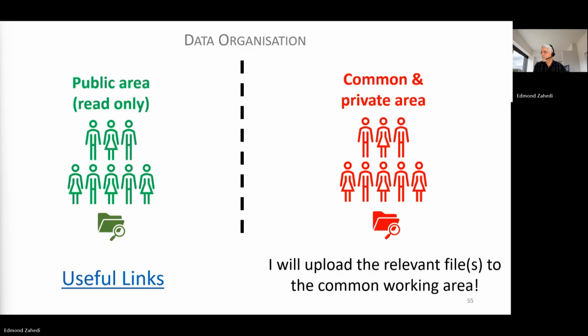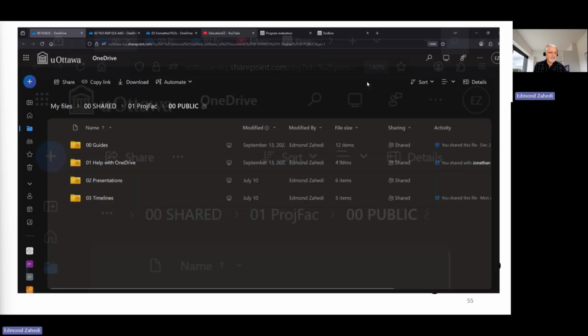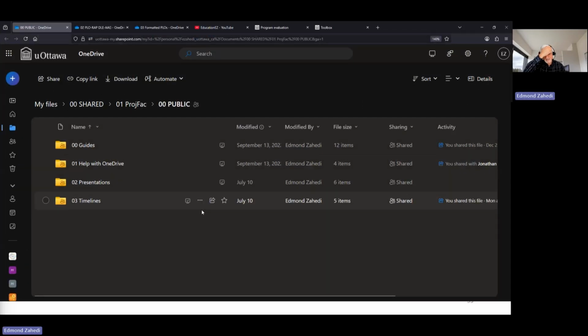Here we go. If you click on these links, this is what you are going to see. So this is the public area. So if you click on the useful links in the PDF that I just shared, and hopefully, I pray God that it will work.